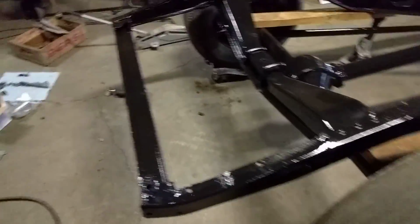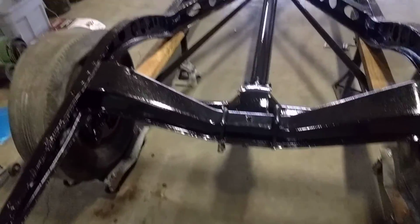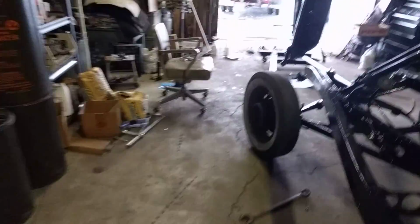So anyway, I got the new shackle bushings in for the rear. Before I started, I put the bushings in the freezer to try to shrink them down a little bit, to try to make it easier to go in those holes down there. But it doesn't look like I'll get to that today,